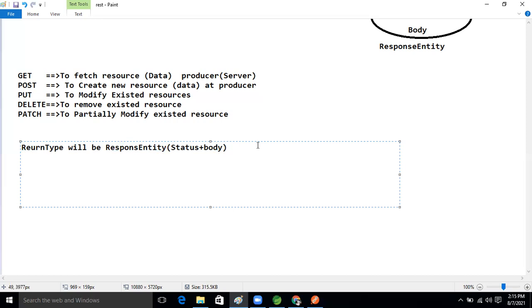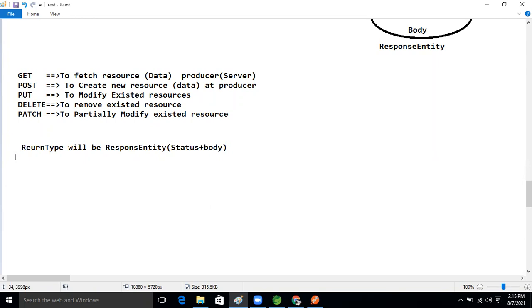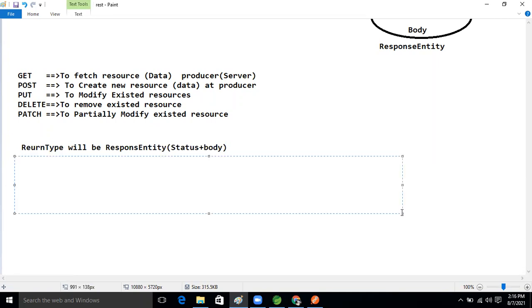Status and body, it's returning both. The body can be of String type, and non-String also. Non-String means classes, that is, our object types. Another one is collection type.